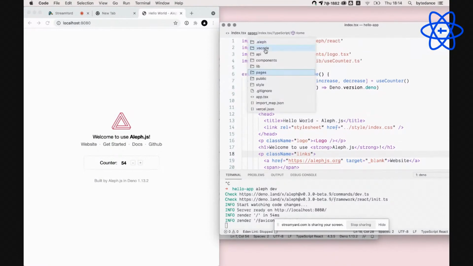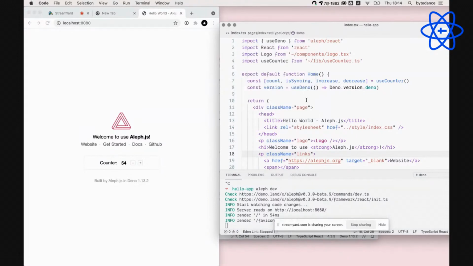You can see we have some files in the API folder, or some library shared in the page. And public, this is the same as Next.js, and style.